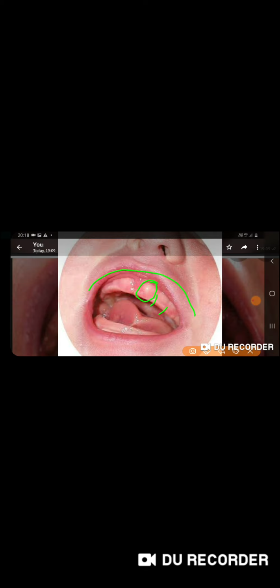In each segment a developing tooth sac is present. So the maxillary gum pad is horseshoe shaped and contains 10 segments. Similarly, the lower gum pad also has 10 segments and each segment has a developing tooth sac. So this is all about the segments of the gum pad, divided by transverse grooves, and each part contains a developing tooth sac.